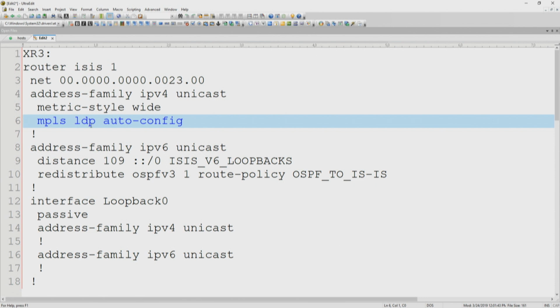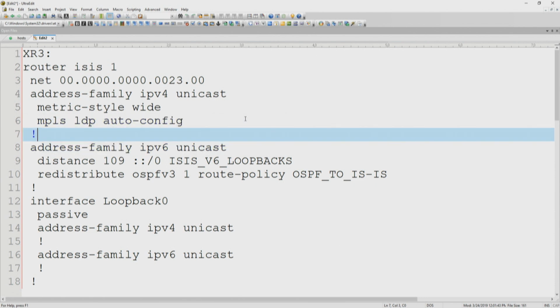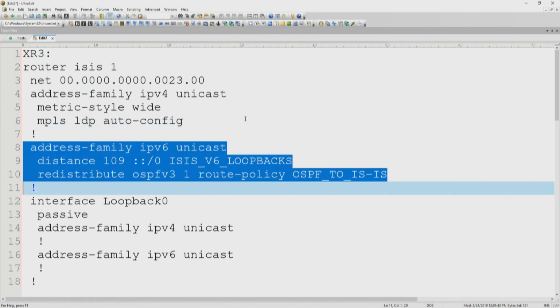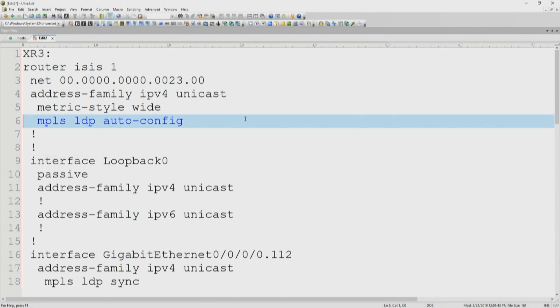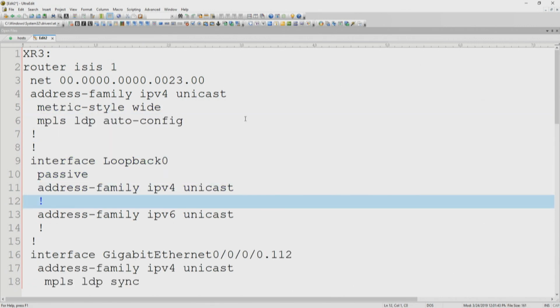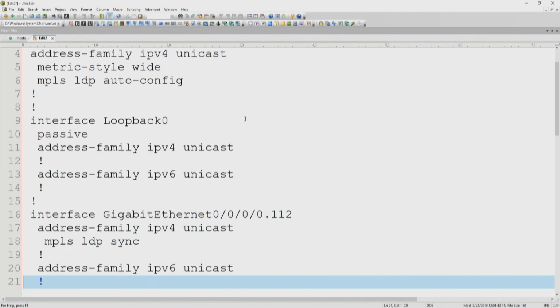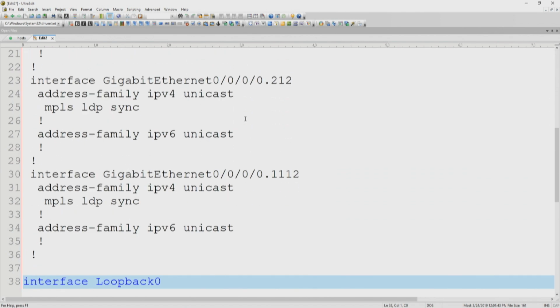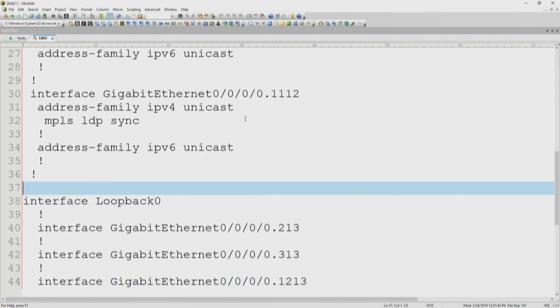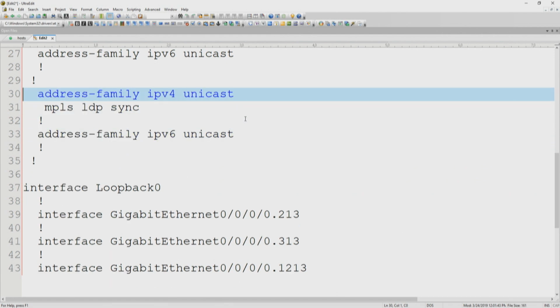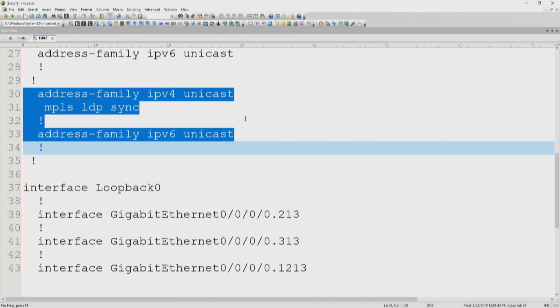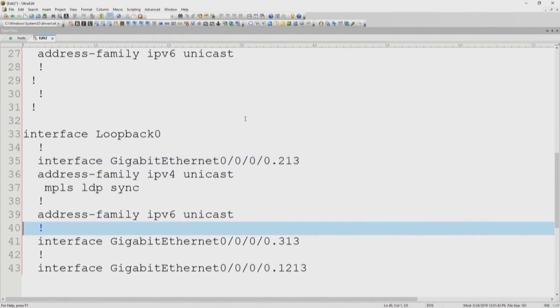We're playing LDP. So we need to do what? We need to turn ISIS on. We need to run LDP. We need to enable ISIS on the loopback. We need to enable it on the physical interfaces. In my case, these are my physical interfaces. They're not these ones that I copied from the other box. It is these values. So under that interface,